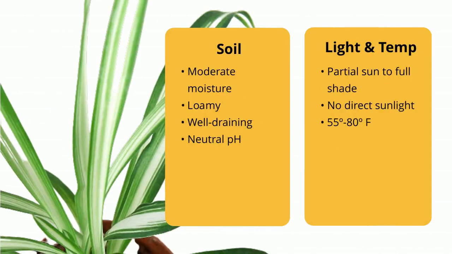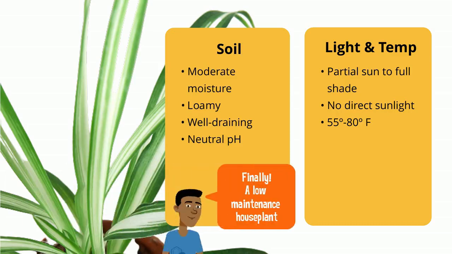In spite of their adaptations to survive periods of drought stress, they still require moderate moisture and will grow best in loamy, well-draining soils with a neutral pH. They are intolerant, though, of direct sunlight, as bright light will scorch their leaves. They are an understory species in nature, so placing them in partial sun to full shade at moderate temperatures will yield the best results. And overall, they are considered a low-maintenance houseplant, but there is one specific problem that houseplant